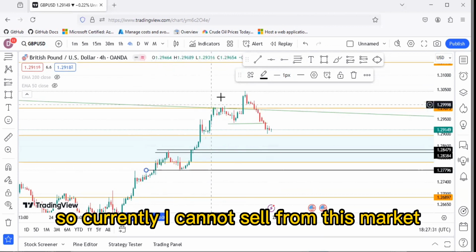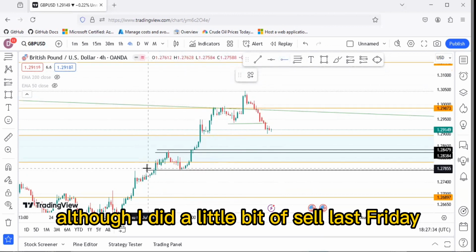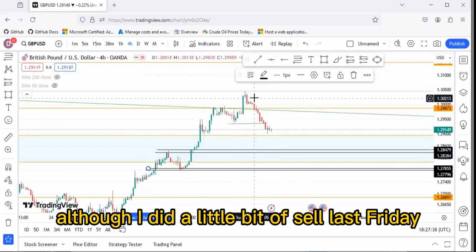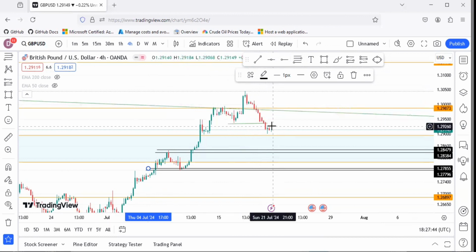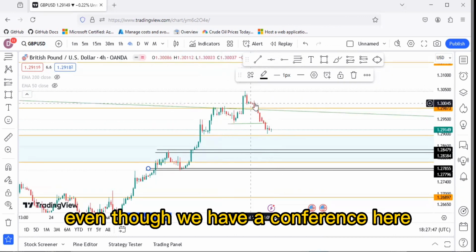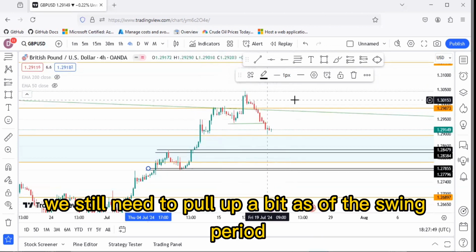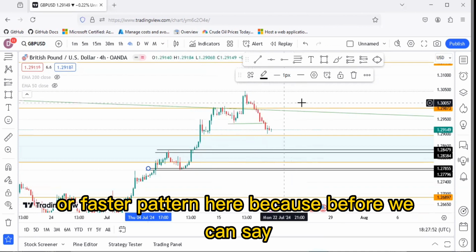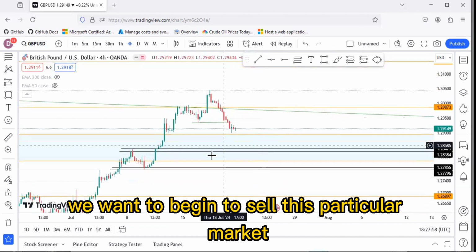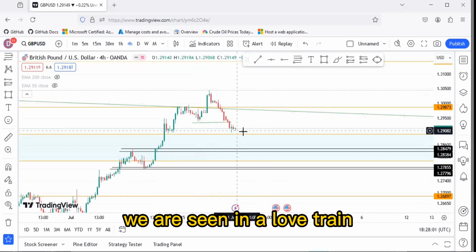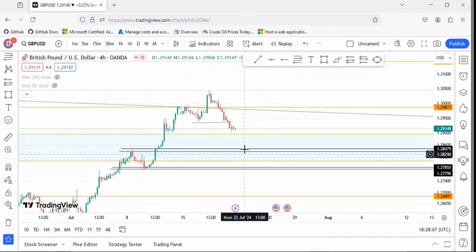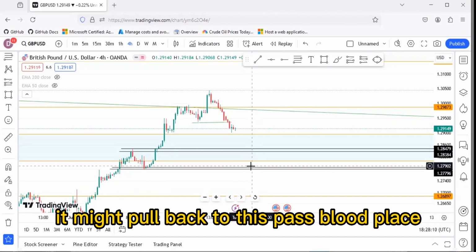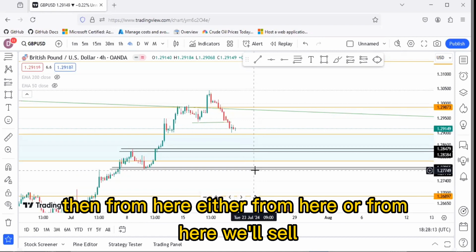So currently, I cannot sell this market, although I did a little bit of selling last Friday around this place, but this sell has not been confirmed yet. As far as I'm concerned, even though we have a confluence here, we still need to pull up a bit and have a swing failure or a reversal pattern here before we can begin to sell this market. We are still in an uptrend, because this price might pull back to this place. If it fails here, it might pull back to this place. Then from here, or from here,